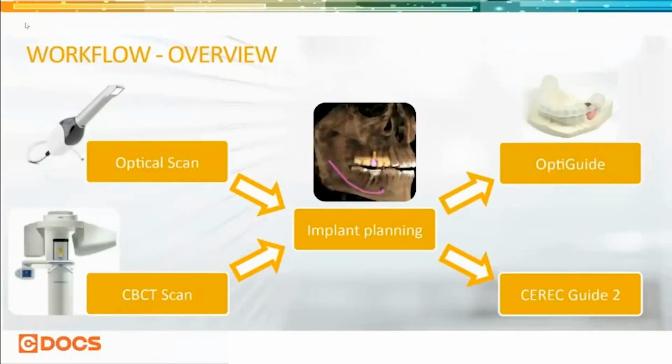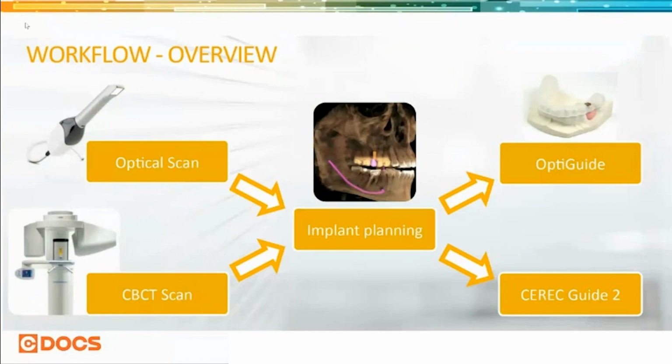So the workflow overview at the highest level is you take an optical scan, a full arch, upper and lower optical scan with a bite. You take a cone beam scan, and then you integrate or stitch those together for your implant planning. And what's great about the optical scan, and for those of you that have CEREC or Prime Scan,